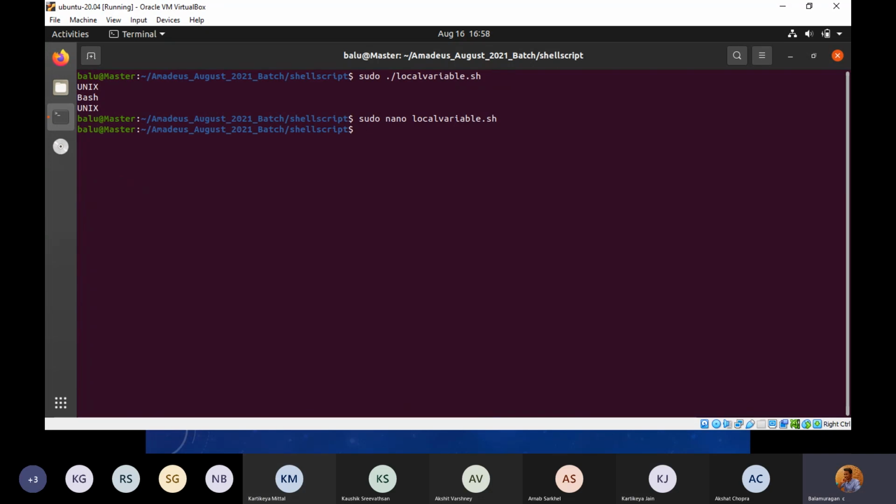Okay, so let's work on the command line arguments. This was working on the variables. We started with variables like initializing the value. Then we went ahead with the functions. Now let me just explain the command line arguments. Basically, command line arguments are like passing the value. So let me just create one. Sudo